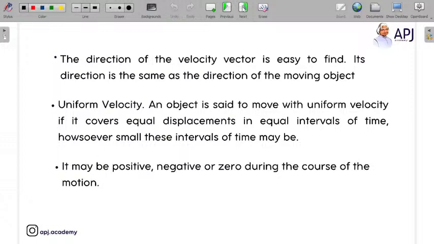An object, read the definition with me. An object is said to move with uniform velocity if it covers equal displacements in equal intervals of time, and it does not matter how small these time intervals may be. Okay, suppose if I say a student is getting displaced by 2 meters in every successive 2 seconds, let's say. In every successive 2 seconds it is getting displaced by 2 meters, starting from 0 meters. 0 meter पे एक student खड़ा था. Okay, if I have